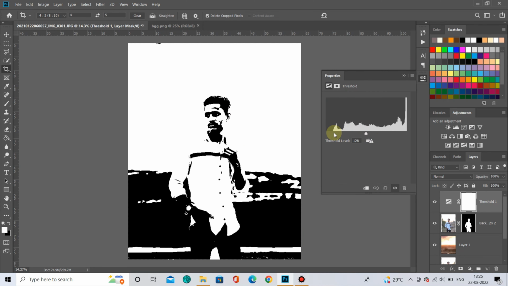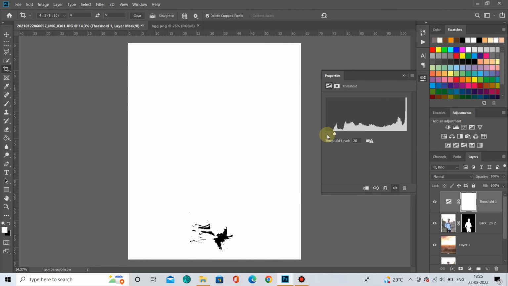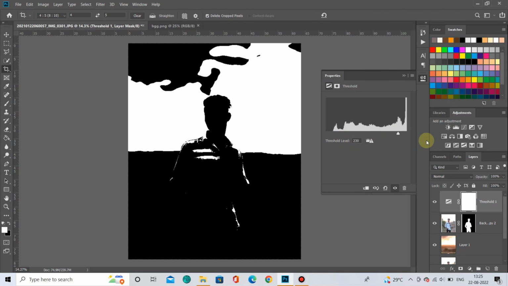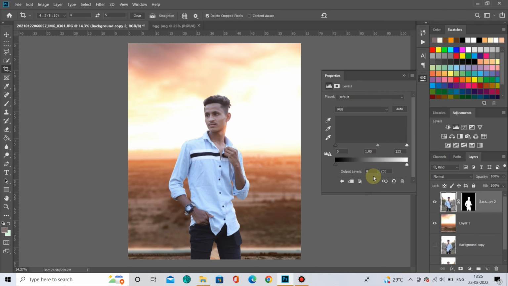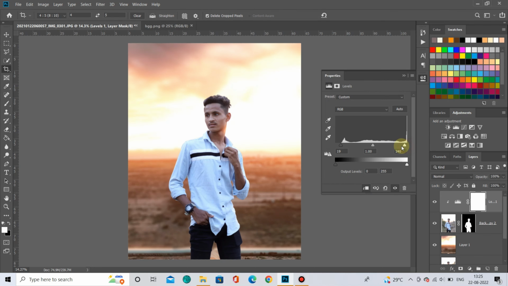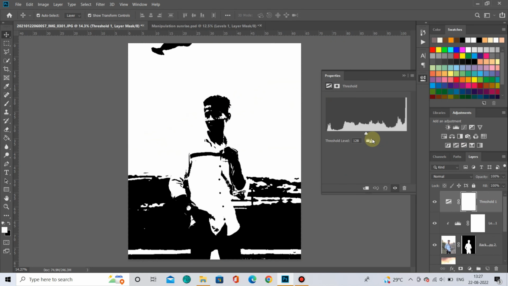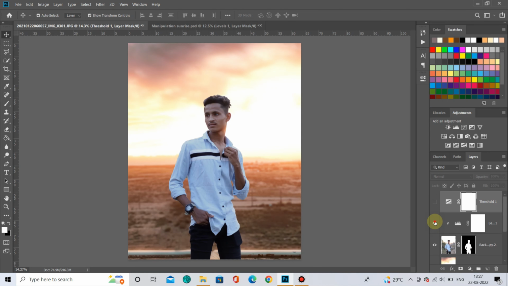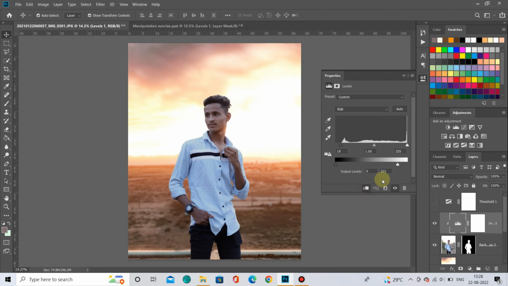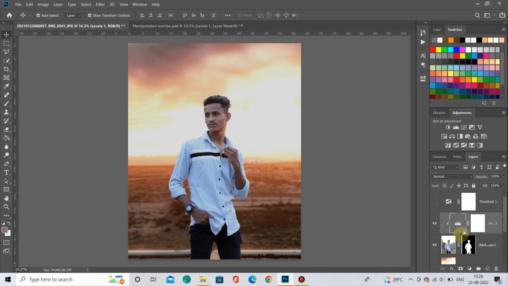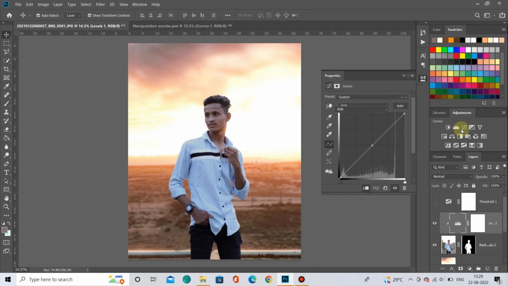Now let's match the exposure of the subject to the background. Go to threshold, it will help to blend the subject and background. Now add levels and adjust the lighting. It's okay now. Now for just a touch, let's add curves with small adjustments. Okay,